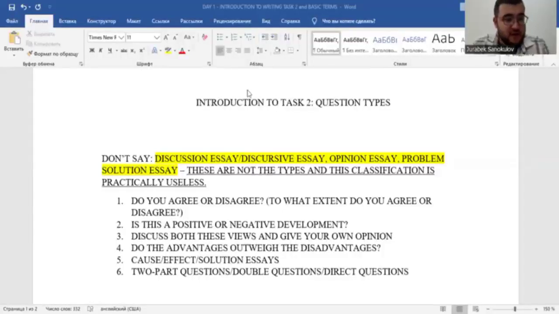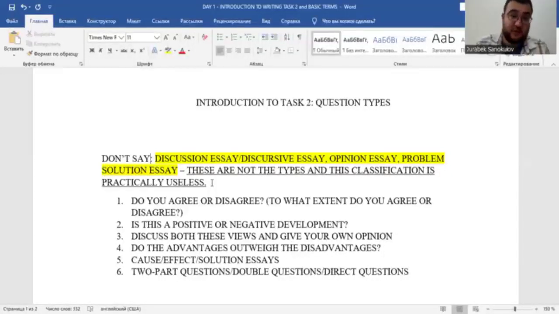So let's dive in. Right from the beginning, I need to warn you that you shouldn't classify IELTS writing task two questions this way. Never say we have discussion essays, discursive essays, opinion essays, problem solution essays. Because these are not the types, and even if they are the types, this classification is practically useless because we're not going to learn how to describe discussion essays or discursive essays,